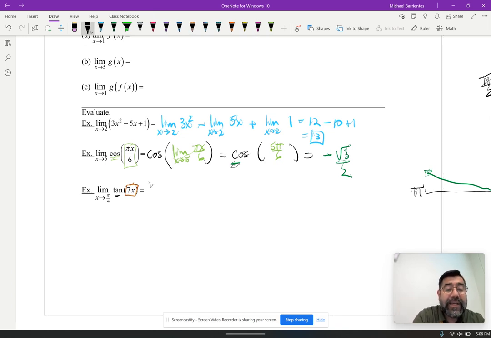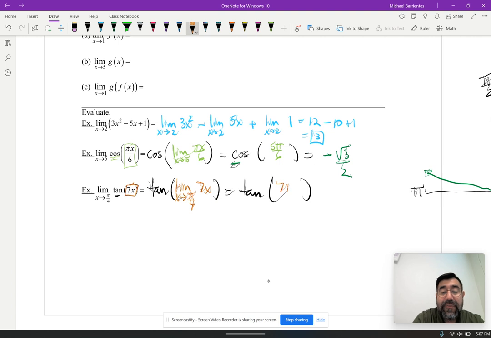So we're going to take the limit of the inside, and if it exists, I'm going to take the limit as x approaches pi over 4 of 7x. And if it exists, and if tangent is continuous around the point pi over 4, then we know that we can do the step like we did above. All right, so let's check. Does the limit exist? Can I substitute here pi over 4 into my function and get an answer? That would lead me to tangent